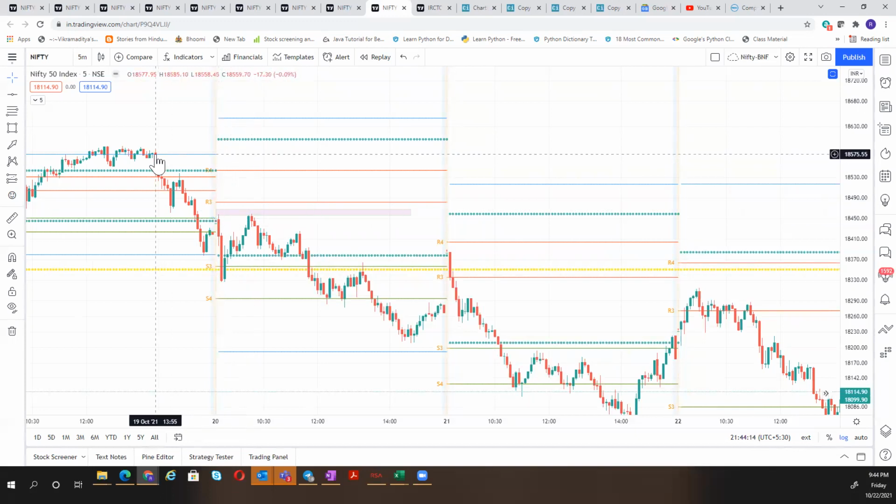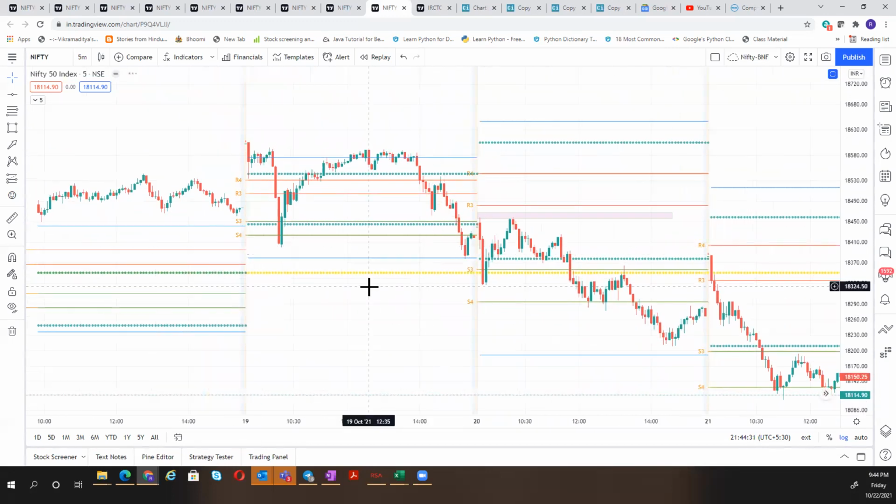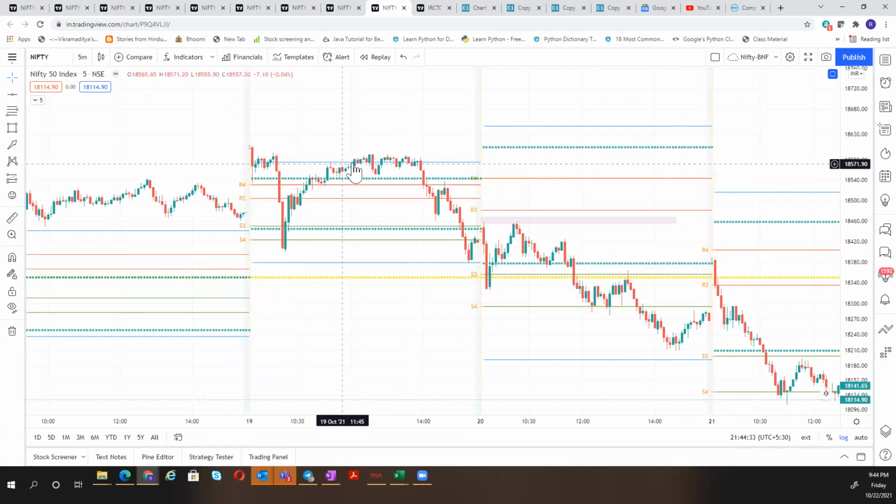We have a sell zone from the previous day. The same area acted as a selling area, and price went below. Now the distance is much less than this one. This is above R3. This is below R3. After breaking S4, yes, you had a trend, a big trend. Likewise, S4 to